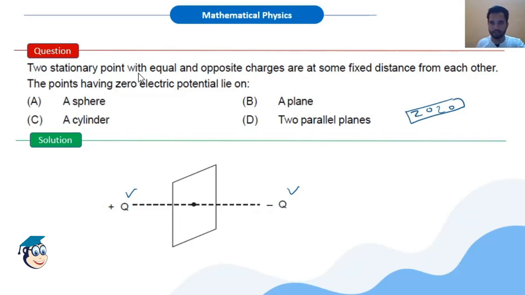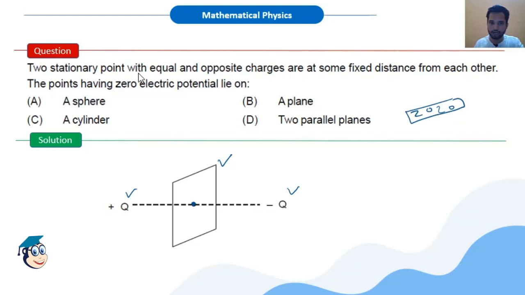As both the charges are equal and opposite, you must have the intuition that the potential at the midpoint between them is equal to zero. Why? Because both the charges are equal and opposite, and that midpoint is at equal distances from both the charges. So the potential due to plus q and minus q will cancel because everything is common except that minus sign. So the potential due to both the charges at this point is zero. Ignore this plane as of now.